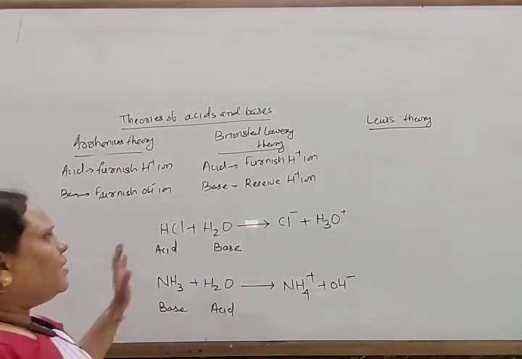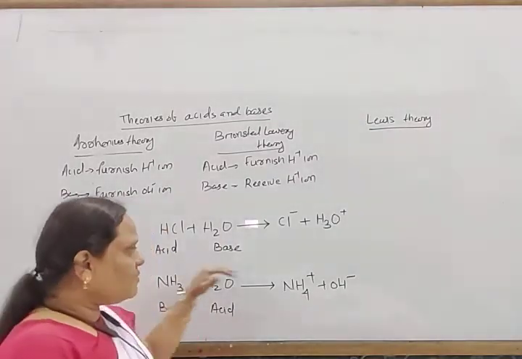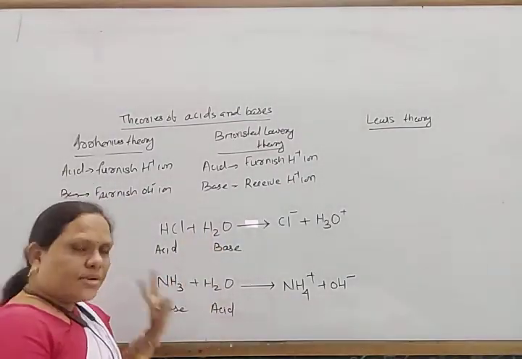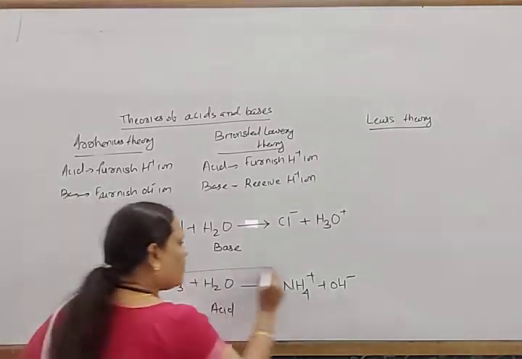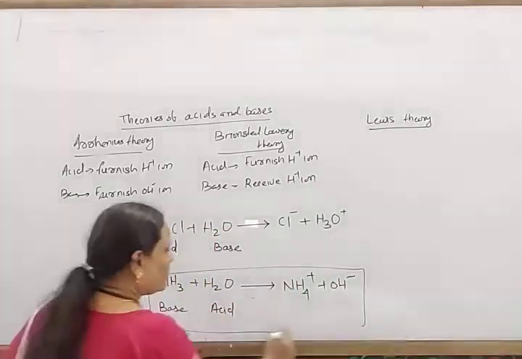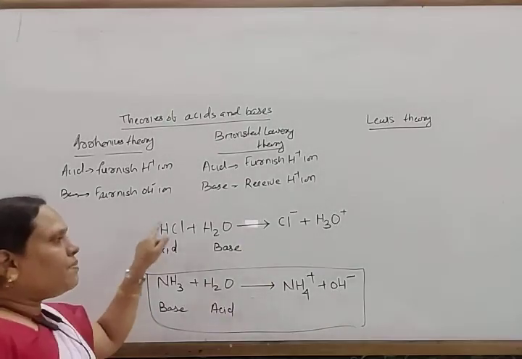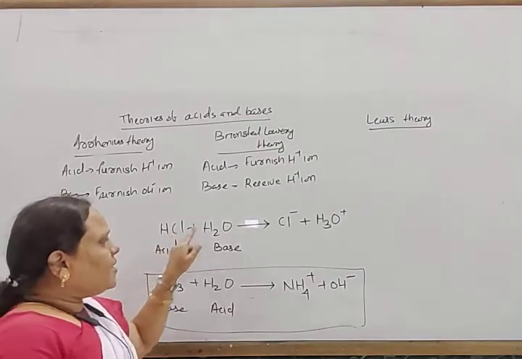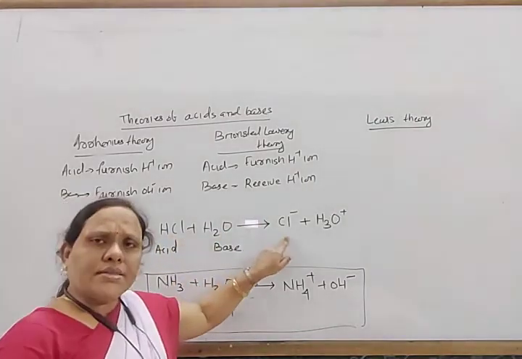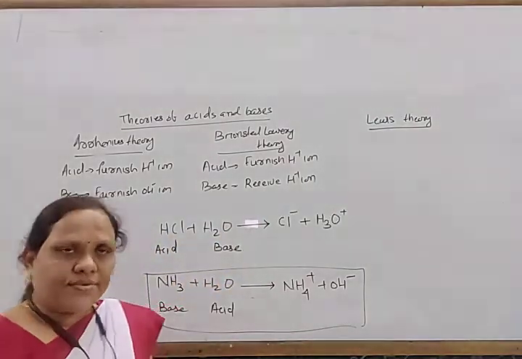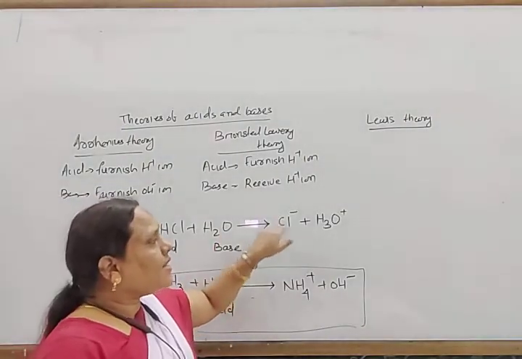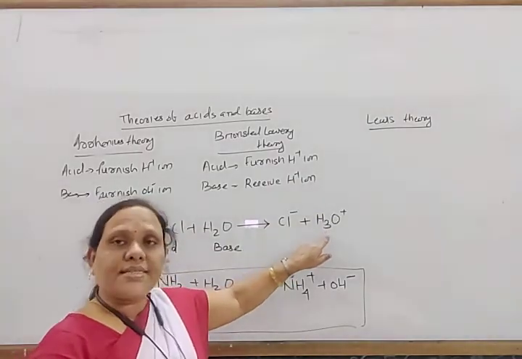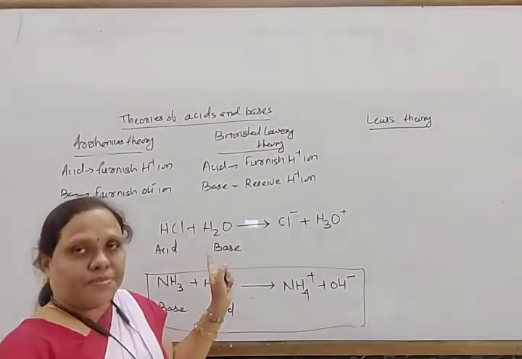Okay, look here. In the acid-base reaction, how does this reaction take place? Here water acts as a base and water acts as an acid. For a while, forget about this, and just remember this: HCl plus water gives rise to Cl minus and H3O plus. Now this Cl minus, being in ionic form, is unstable, and this ion again has the tendency to receive one H plus ion, and the H3O plus ion has the tendency to give one H plus ion.